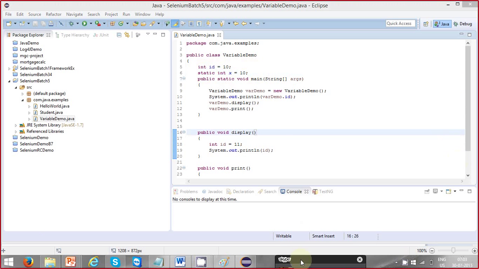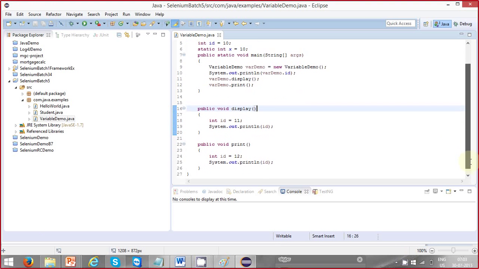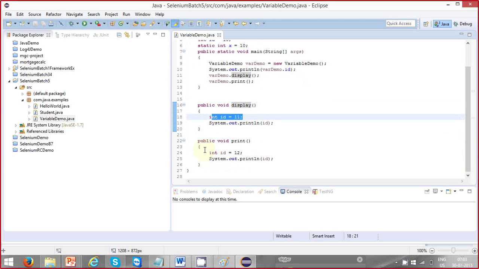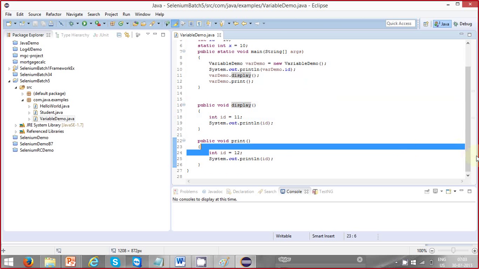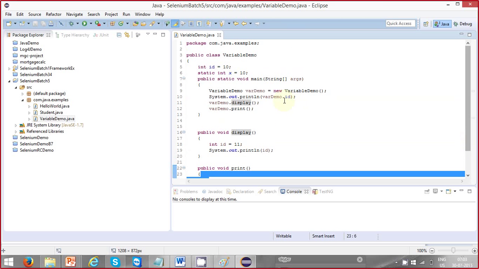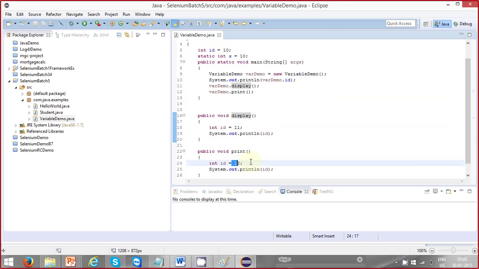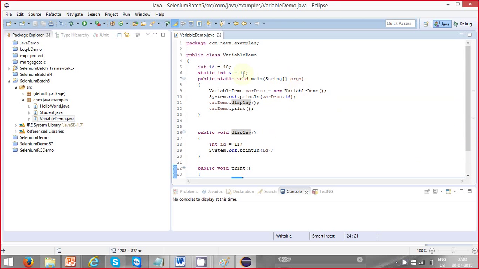Now it's time to discuss scope and visibility. Okay, so this program is going to print demo.id, that is this one, and demo.display, that is this one, and this one. So if you wonder why demo.id is not printing 11 or 12, why it is printing 10 instead of 11 or 12, the reason is that